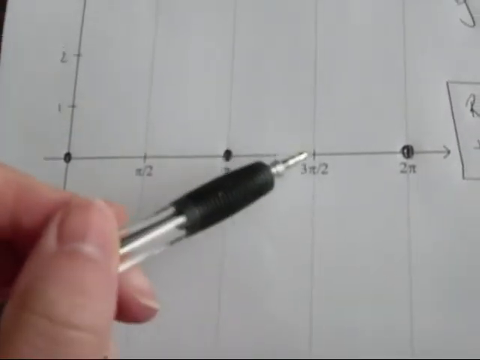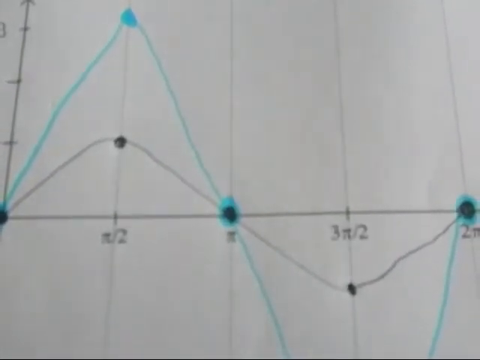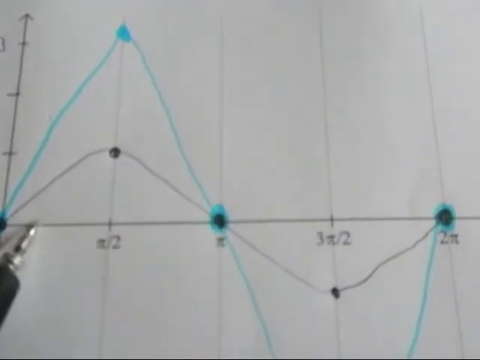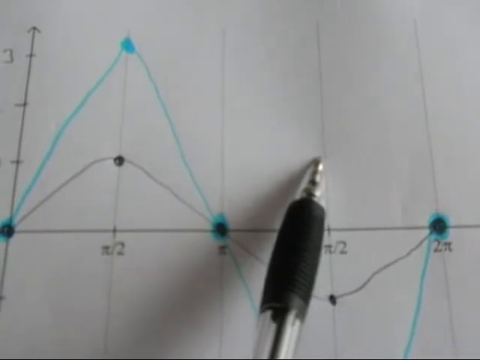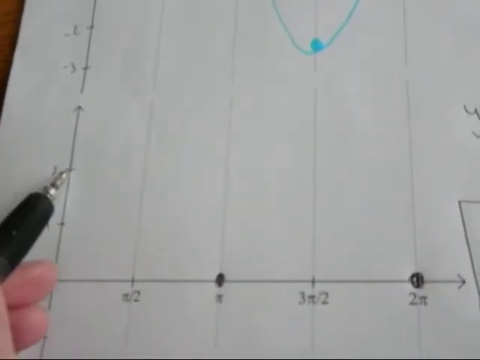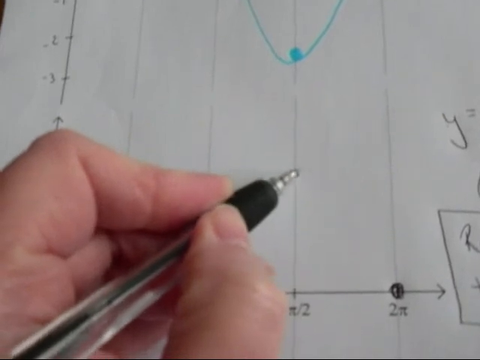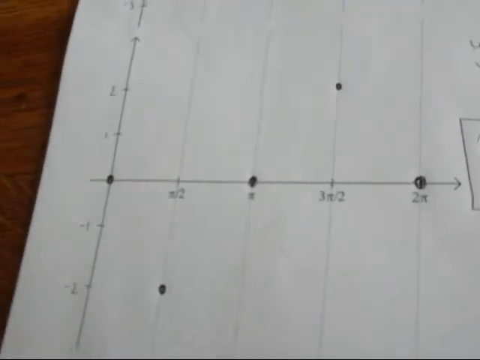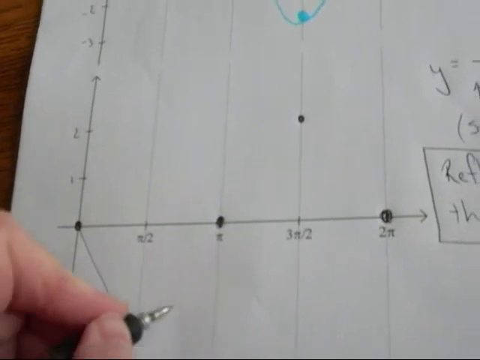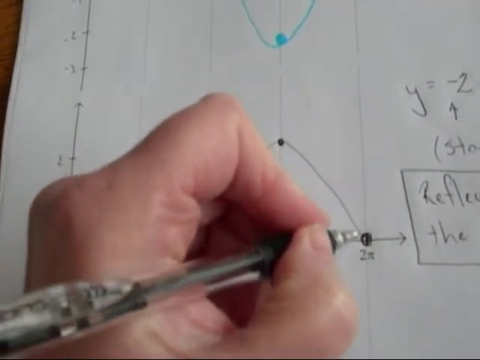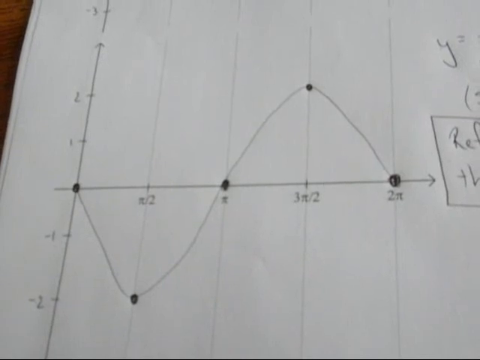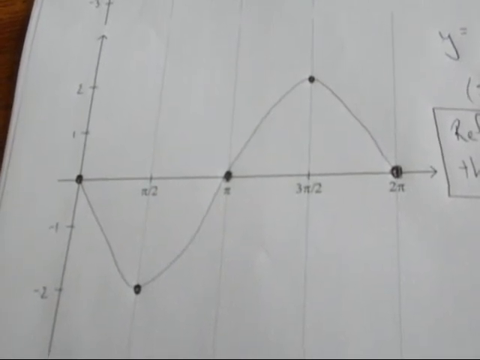And then, at 3 pi over 2 radians, I normally would have a minimum, as you can see on my parent function again. But again, we need to reflect over this theta axis, which means I'm really going to have a maximum, but my maximum is going to now be at +2 because of my a value here. So, here's my +2. Come over to 3 pi over 2 radians. There's my point, and then as smoothly as I can, I'm going to draw in my wave, and that is what y equals the -2 sine theta looks like.